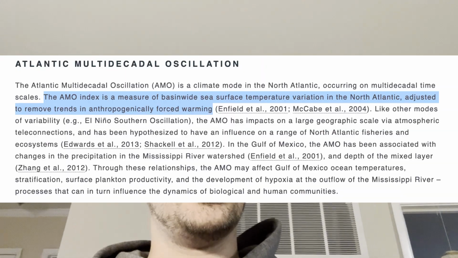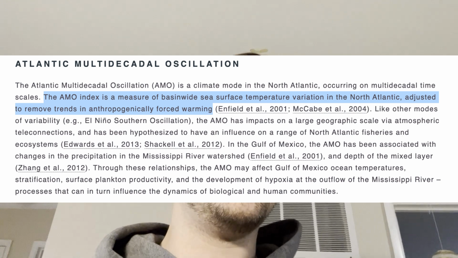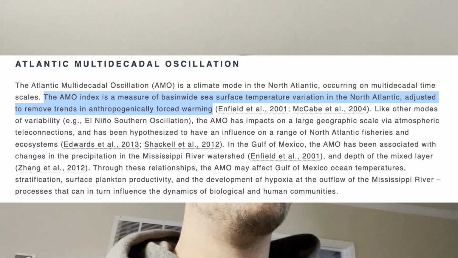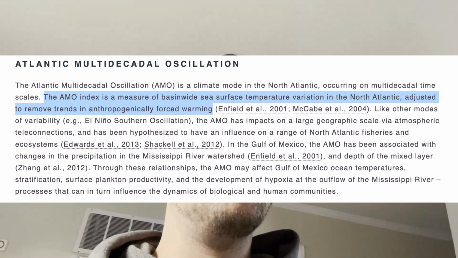The AMO index is a measure of basin-wide sea surface temperature variation in the North Atlantic, adjusted to remove trends in anthropogenically forced warming. Mr. Peterson, or Planet as his friends call him, has inadvertently used a graph where they edited out the warming trend and just left the oscillation. So when he says it's the same as in the 70s to today, well,